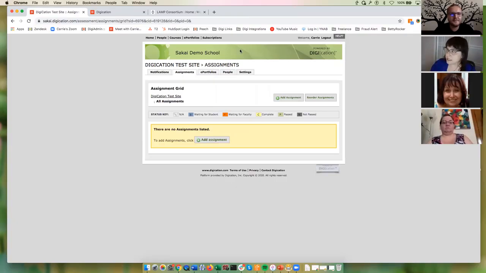So this can be really nice if you want to, in a course setting, record the progression of their ePortfolio over the semester, right? They could submit at different times and you can see a snapshot of it as it's progressing. This can also be used for more department level or programmatic assessment if you want to collect ePortfolios over a semester, over many courses, and then we can pull out the archive so you can review